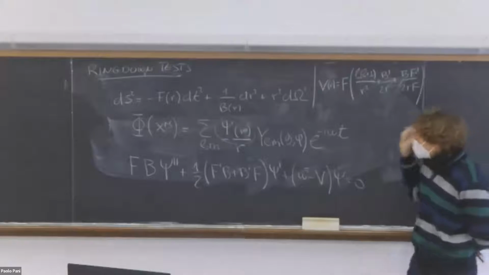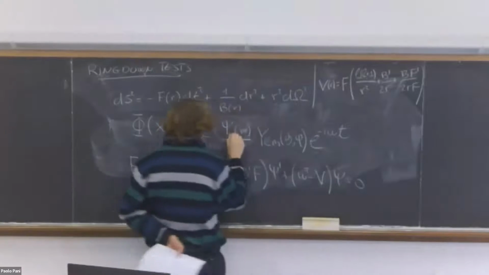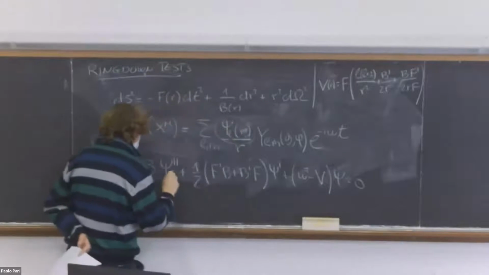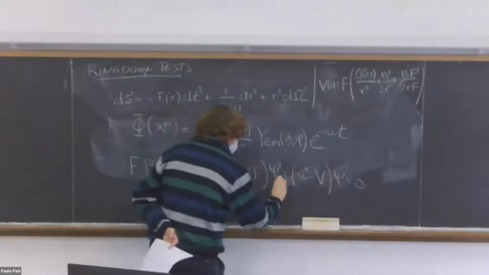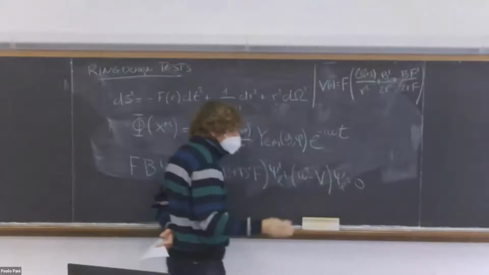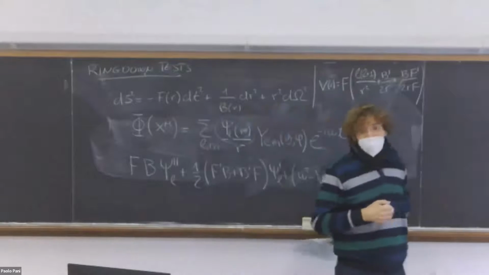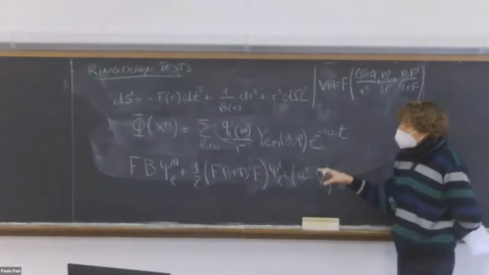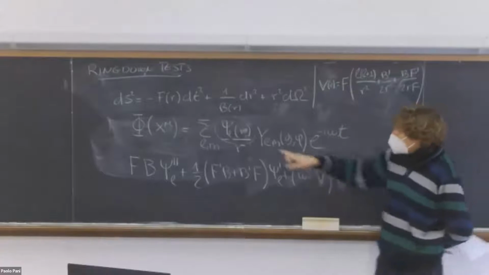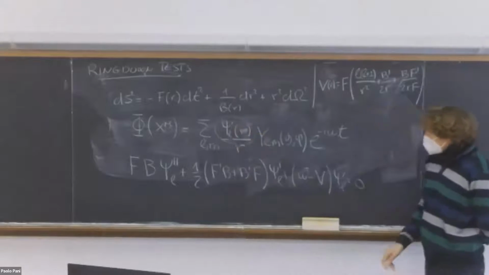spherical symmetry, each of these modes depends on L, so this is an L here, an L here, and an L here. They decouple from each other, and one gets a single differential equation for these perturbations. Okay? So in this form,